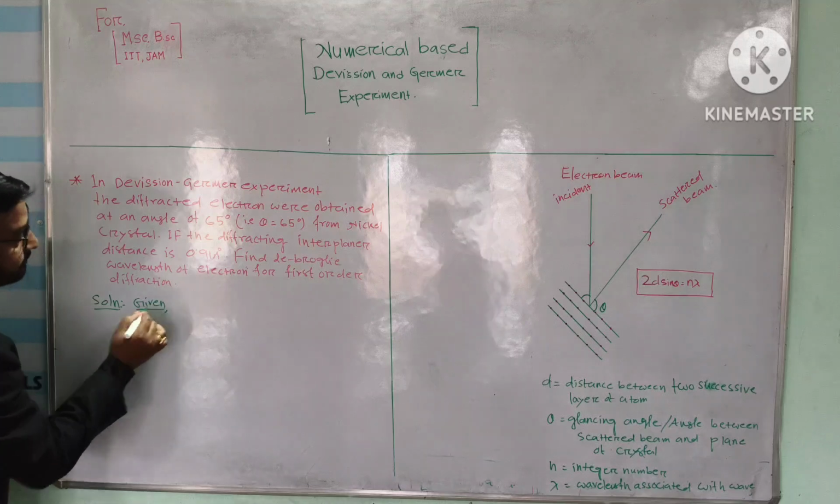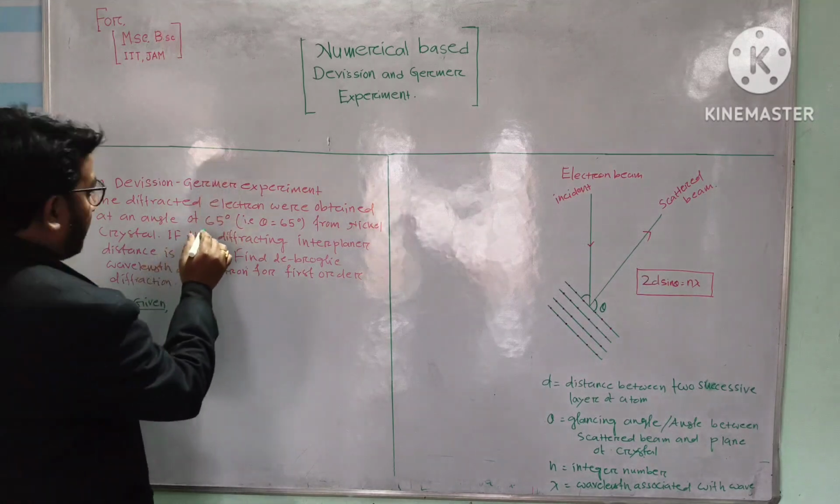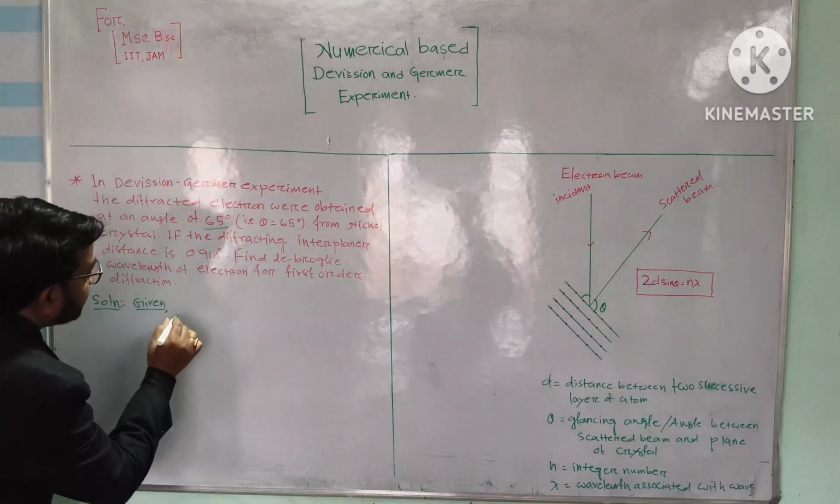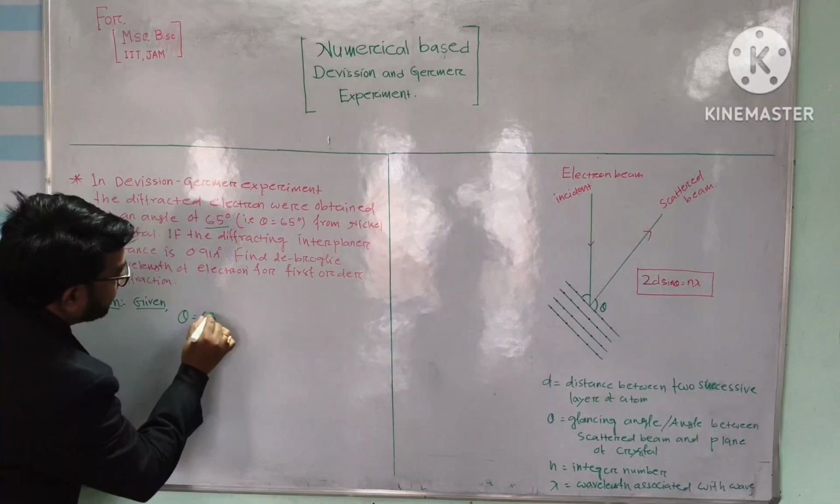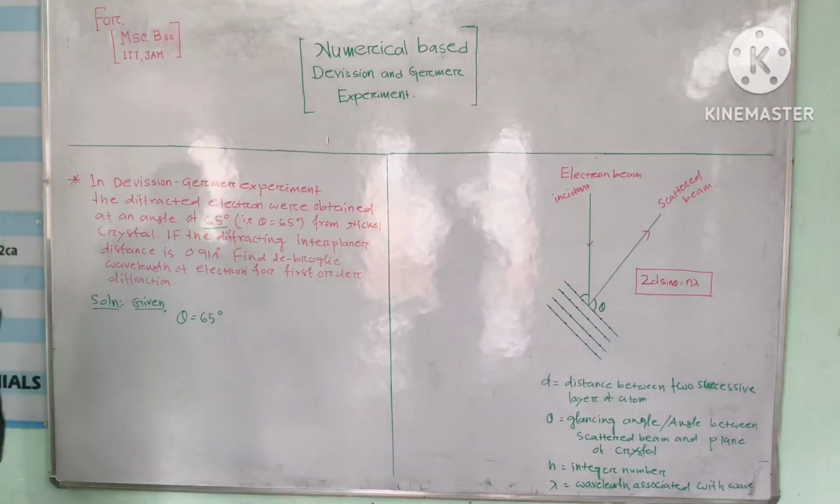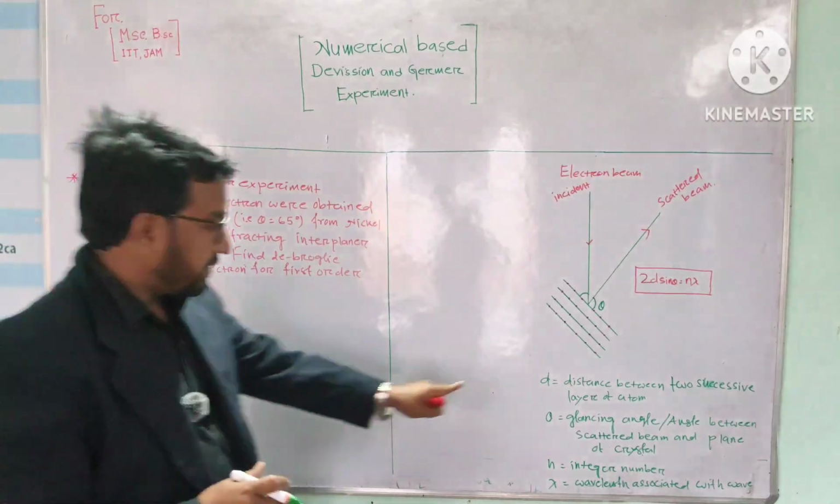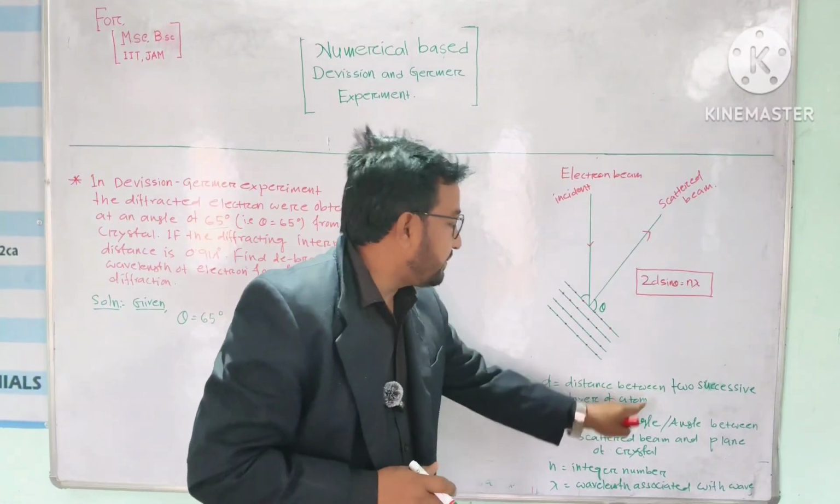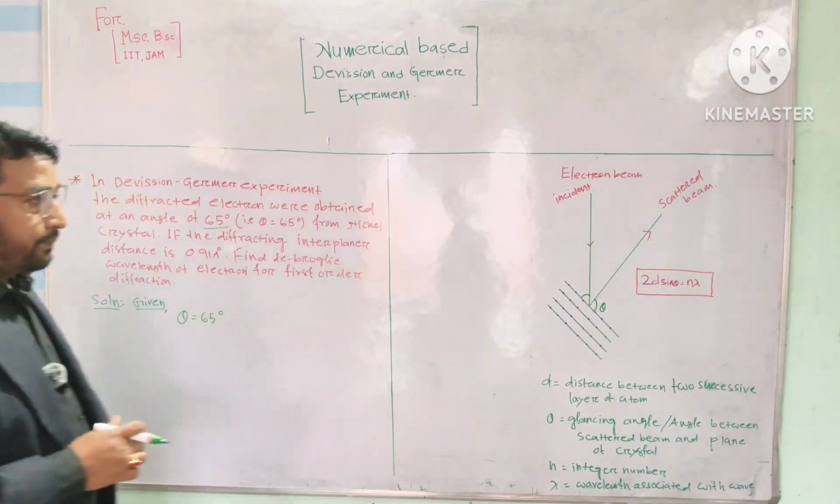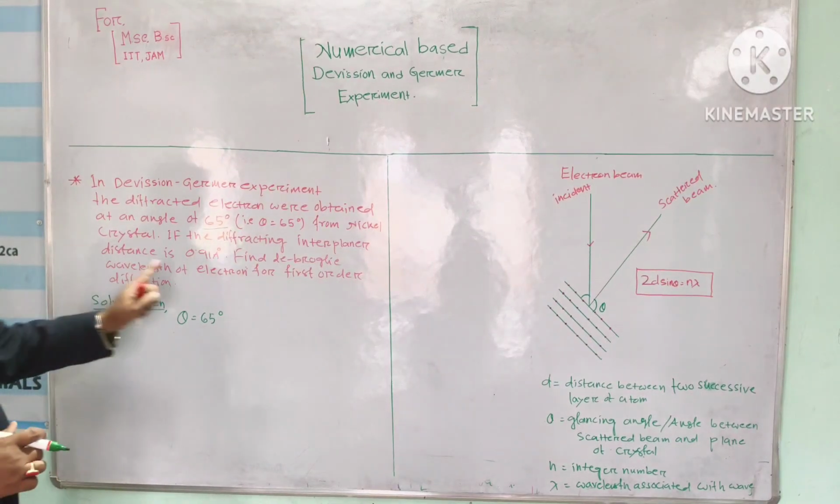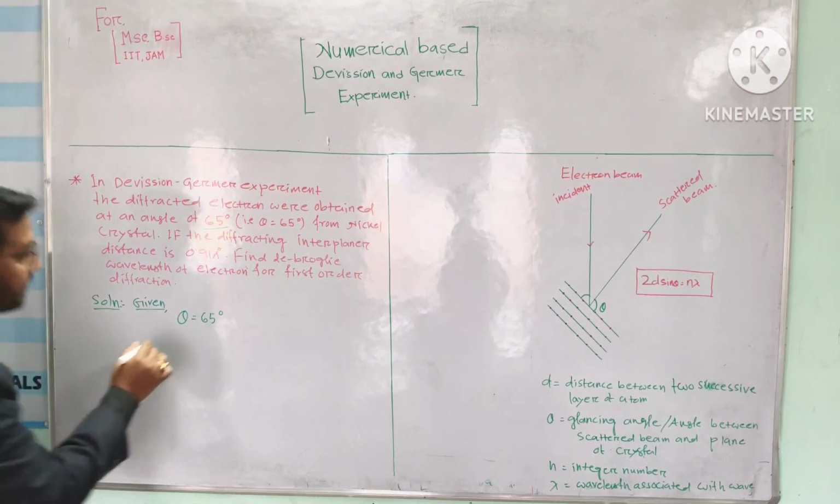Given: this is the diffracted angle, so theta equals 65 degree, and the interplanar distance, generally the interplanar distance is also called d, equal to the distance between two successive layers of the atom. From Bragg's law we can say that this is the interplanar distance. Okay, so d equals